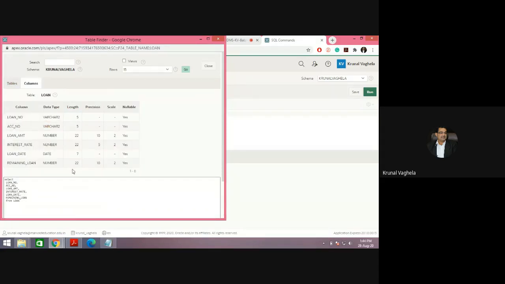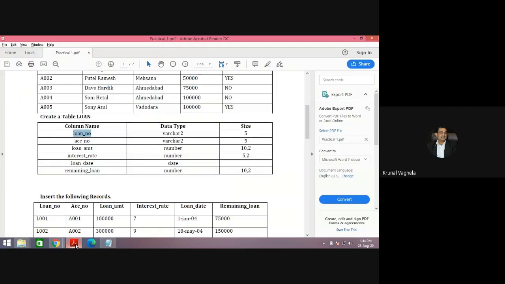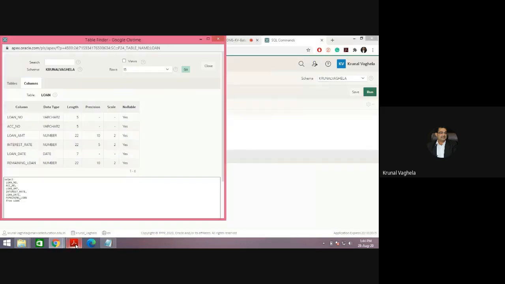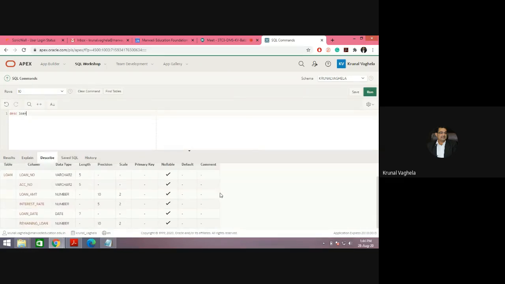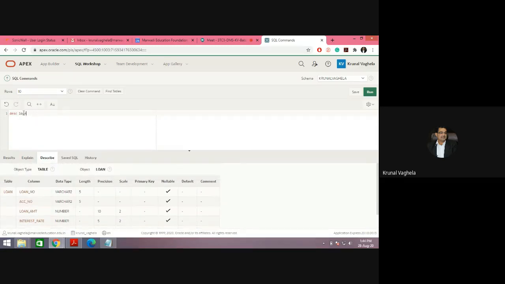Here your loan table is there. You can verify whether you have created the right table or not, or you can write the command DESC, that means describe, loan, run. So you can see the same table over here also.